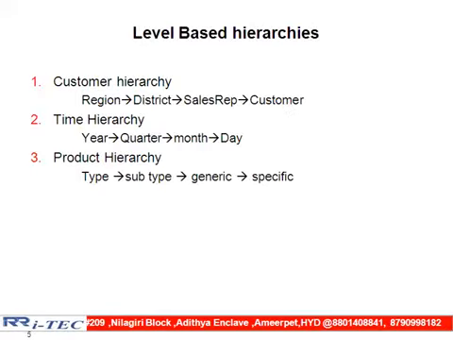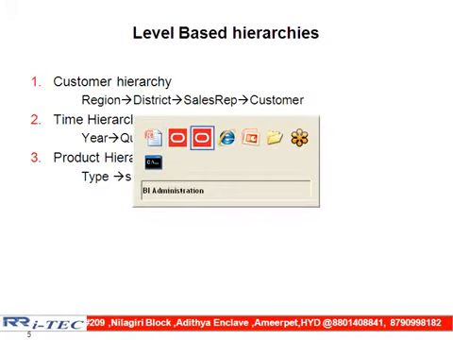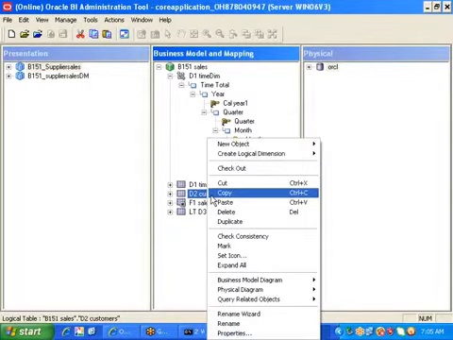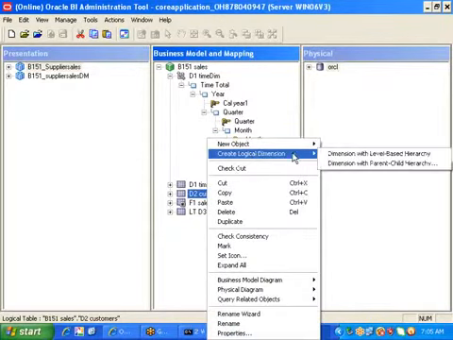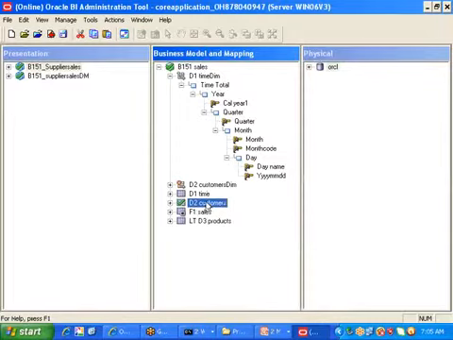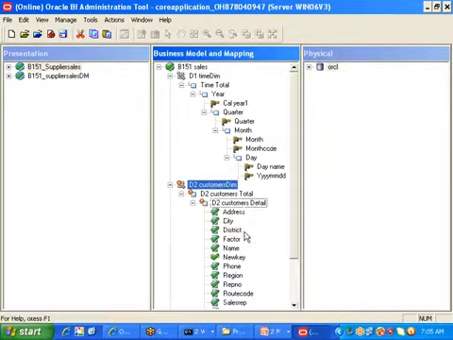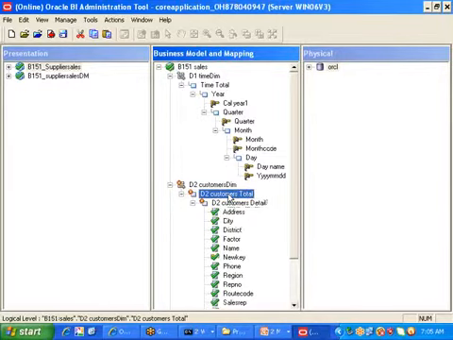To do that, we need to go to the RPD. Right click on customer, then create logical dimension, then dimension with level based hierarchy. If you click on that, automatically we get 2 levels: one is called customer total, the other is called customer detail.